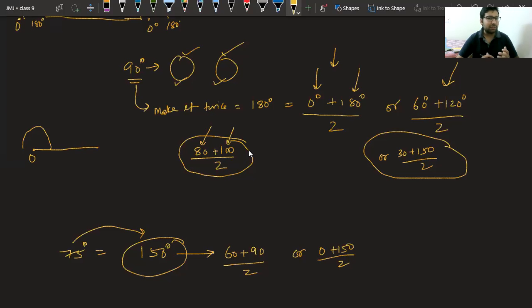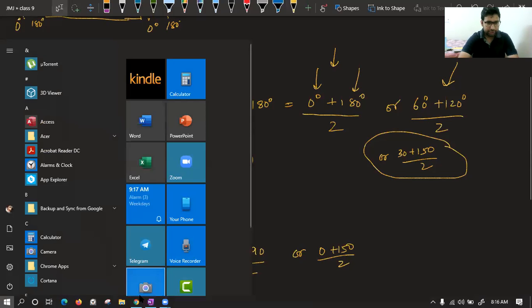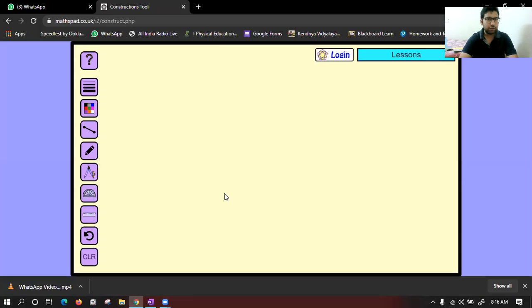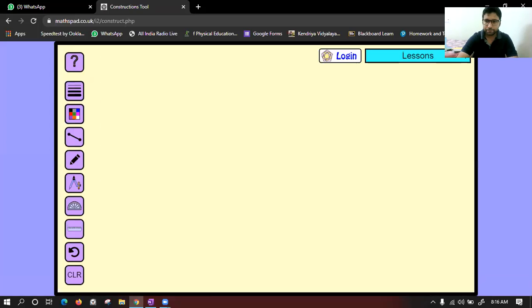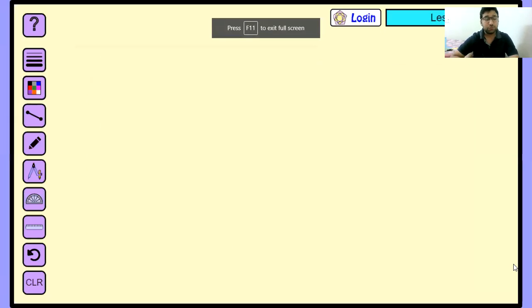Now I think enough of this explanation. Now we should start with the process. For that I have a surprise for you. Let's see. This is a surprise. Let's see how to draw. Today's exercise 11.1 is very easy. With all these concepts, you can draw them. No issue will come to you.